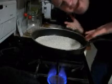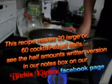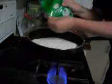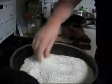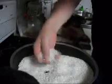Okay, it's me, the Bitchin' Kitchen. Sorry about the camera angle, it's just that I've got to use my tripod because I need both hands, okay? So, here, I've got one packet of Arborio rice. Arborio rice is a special rice that they use for risotto. And the reason they use it for risotto is that it becomes nice and sticky. And you don't wash your rice beforehand because it's already been washed and cleaned, and it's beautiful, little nice round